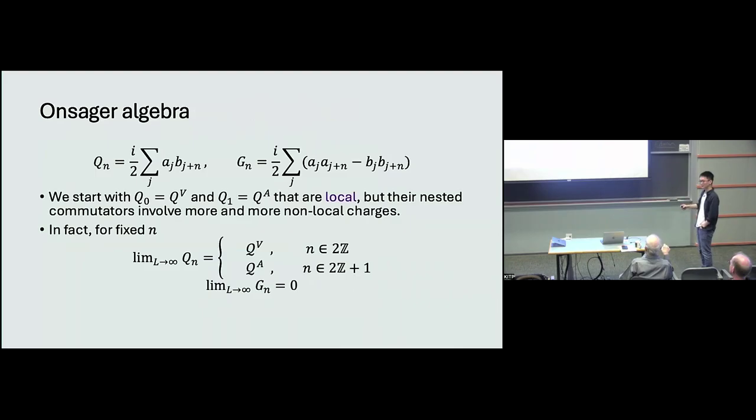Having said that, there might be a way to scale this operator. For instance, maybe you can multiply it by some power of L and take the limit, and that will probably give you some non-trivial conserved operator in the continuum. We don't know what that would give us. That's an interesting question. My guess is that this theory flows to free Dirac fermions, so there's a huge chiral algebra. So maybe they are related to the chiral algebra of a free Dirac fermion, but we haven't analyzed that.